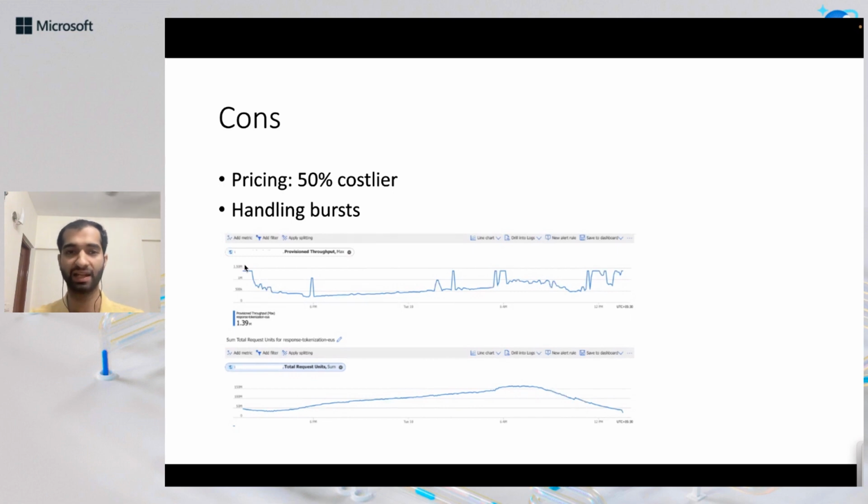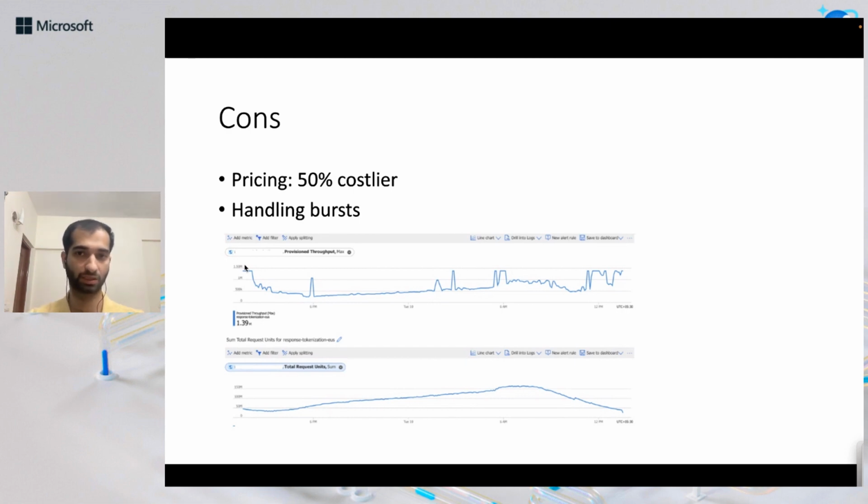So in that case, it may still be better for you to use a fixed scaling solution where you just set it to 350k at max, because the cost most autoscalers will be charging you will be 1.5x of that. So you will effectively be paying for 450k RUs. So this pricing is actually a very big issue.